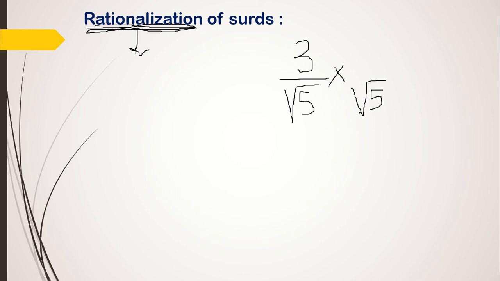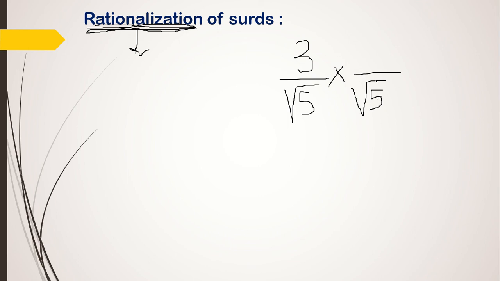Because whenever you multiply it with itself, it is going to become a square, and that radical sign is going to go. But if it was a cube, then you have to multiply it thrice. Remember that too. When it is a cube, you multiply thrice, then only the cube root will go. When it is a square, you multiply twice and the square root sign will go.